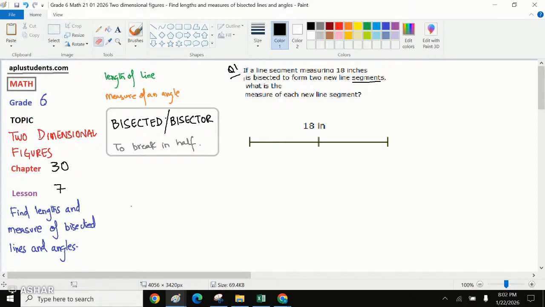So if we say this complete line was a total of 18 inches,